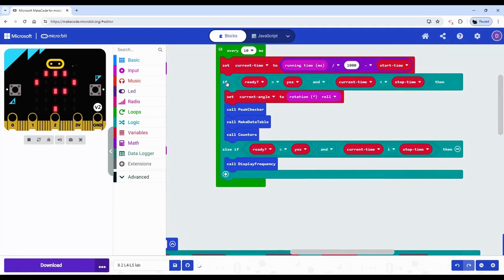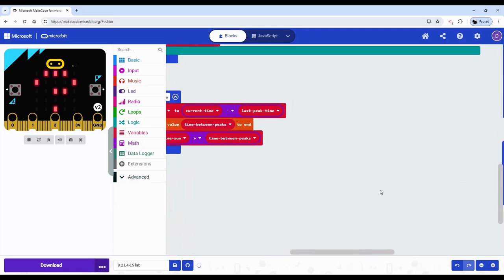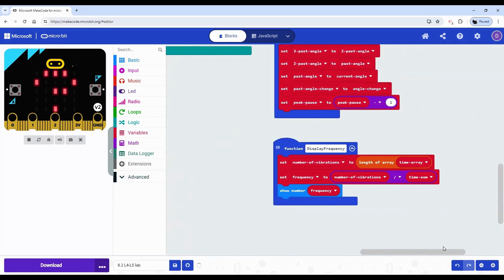And then you might notice we have an if statement here, we have an else if here. And so if ready is yes, but current time is greater than or equal to the stop time, so if we've reached that 10 seconds by default, we're going to call display frequency. What that means is we're not collecting data anymore. Instead, we go back over here,